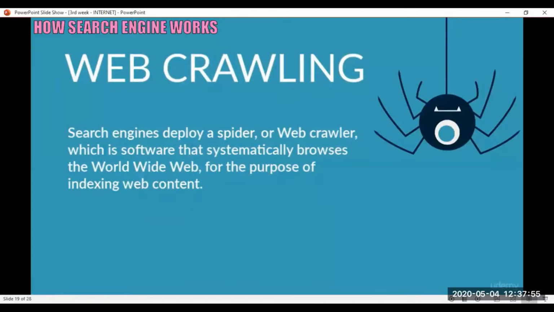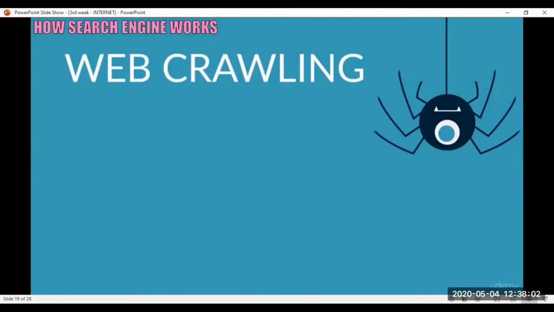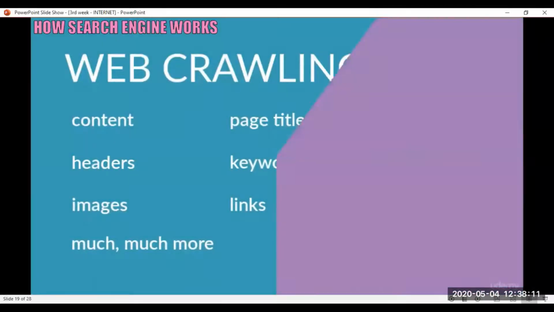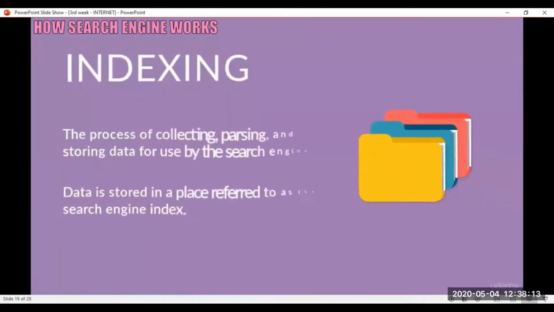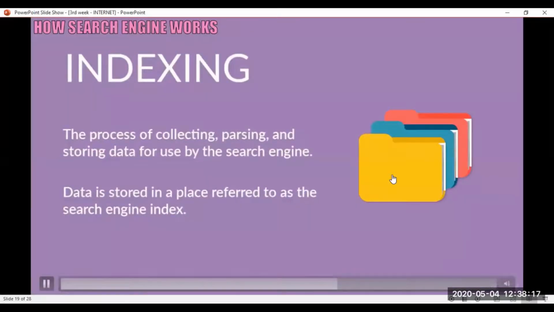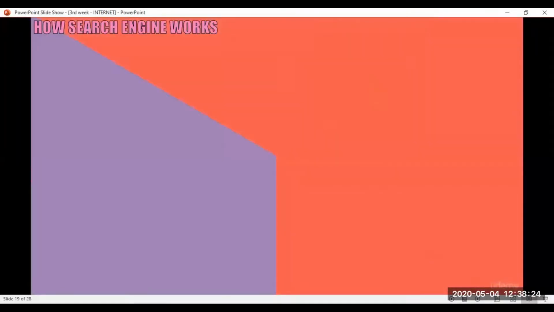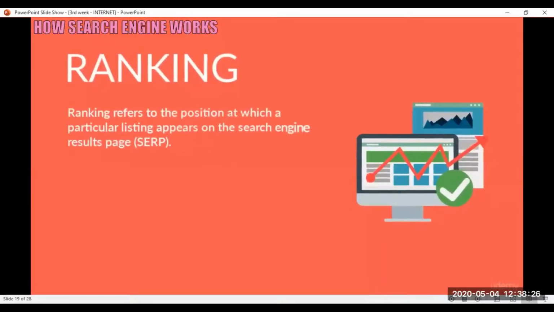Crawling is where it all begins, and for that matter, it never ends. Spiders quickly and frequently scan sites and compile a list of everything presented on the site, including content, page titles, headers, keywords, images, link pages, and much, much more. The second function of search engines is indexing. In this step, the bot processes all of the information it gathers and compiles a massive index of the words and their respective locations. The last function is providing users with a list of relevant results based on their search.